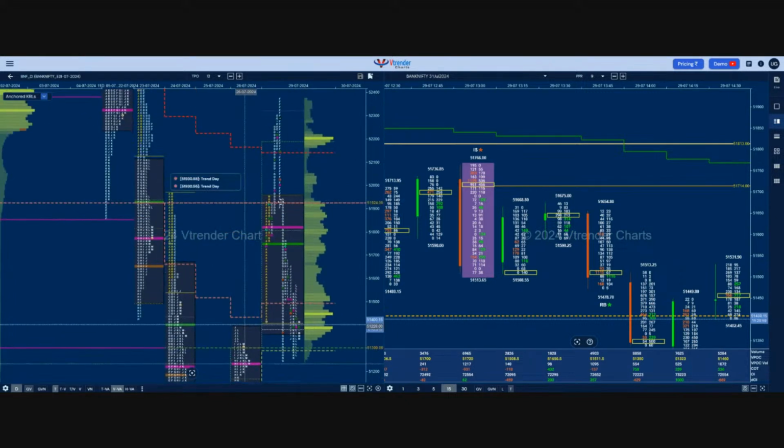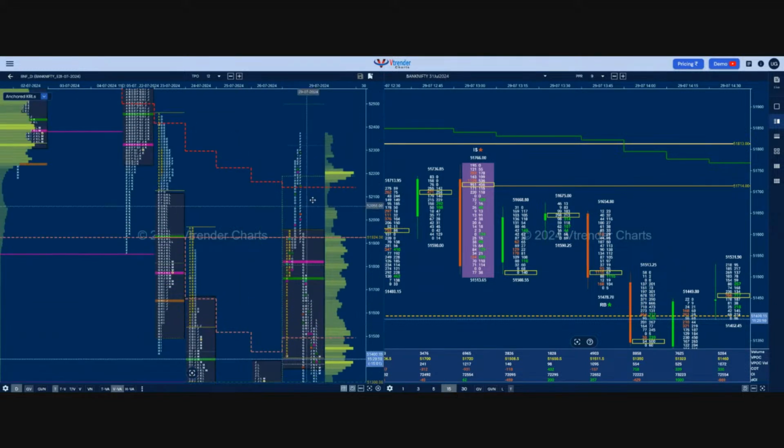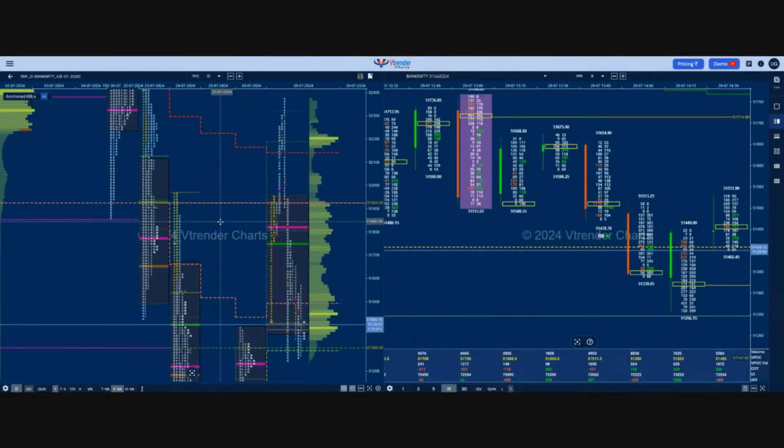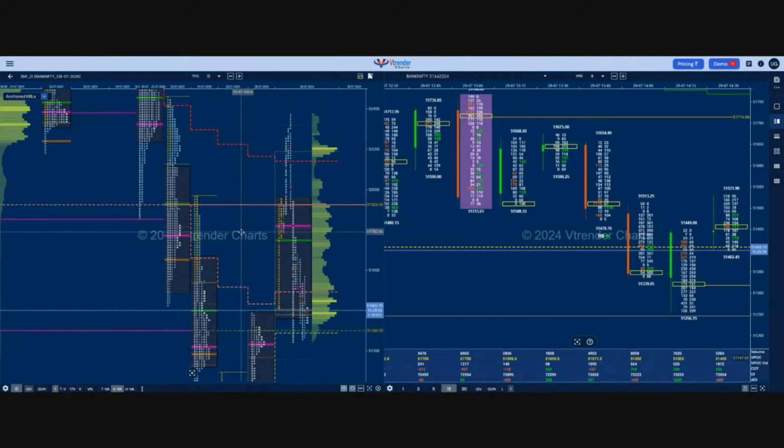And above the POC, then we have these scene of crimes of today. The 51960 now again is a sell side reference because the seller has again taken control over that zone. And then finally this anchored VWAP, which had been tested but we have closed below it. So this is how we are placed in Bank Nifty futures, and it is all set up for a good